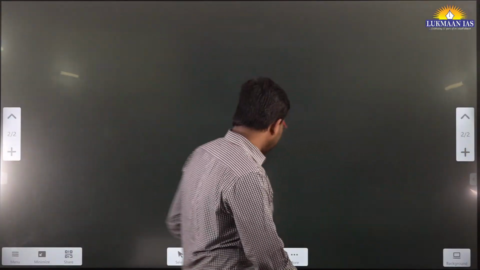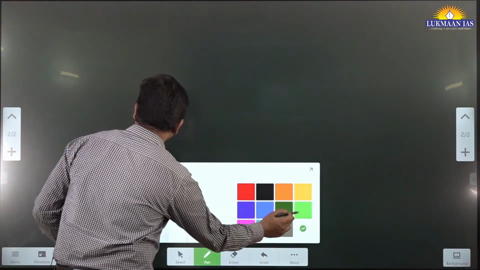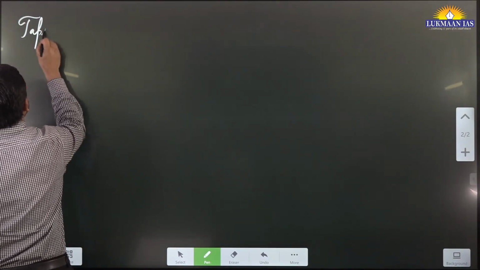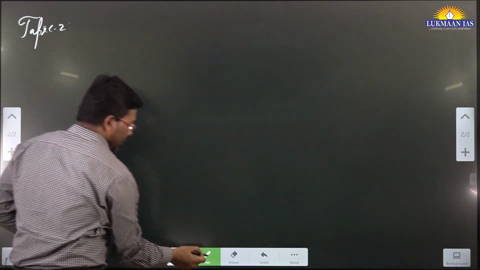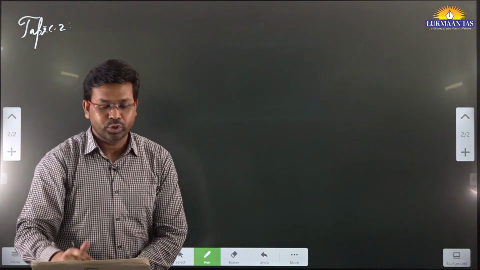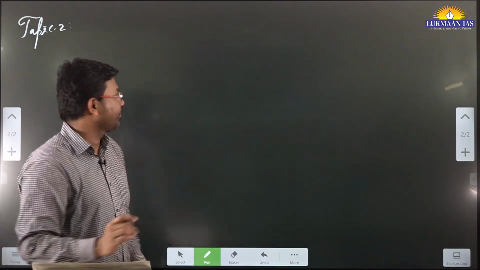So how has the Indian economy been growing? He is going to discuss this. So let us talk about this. This is topic number 2. In this article, we are going to discuss the topic: the state of Indian economy today.